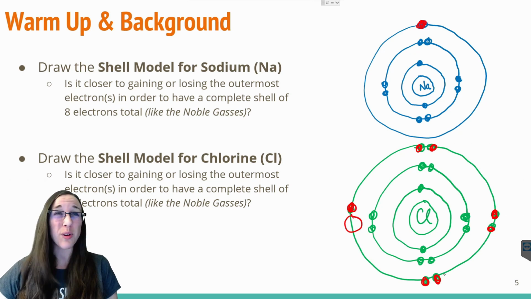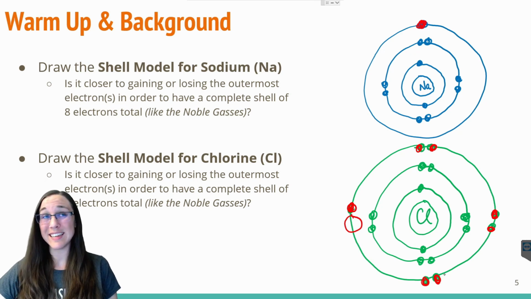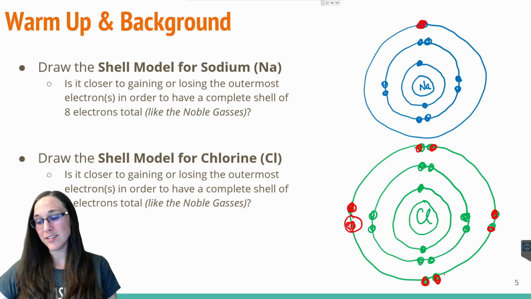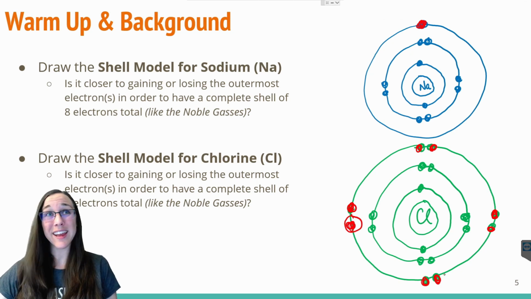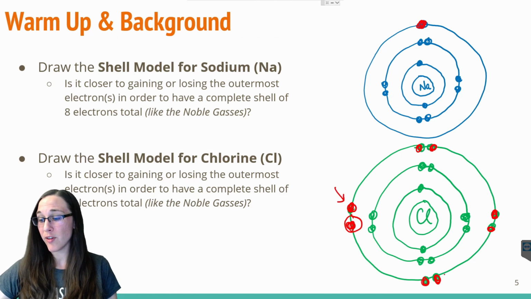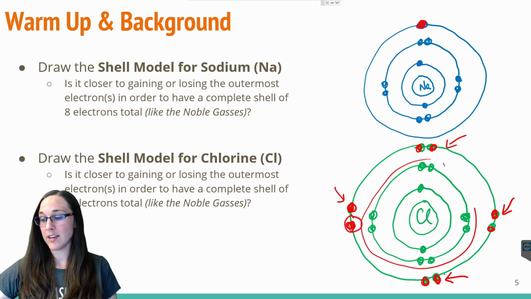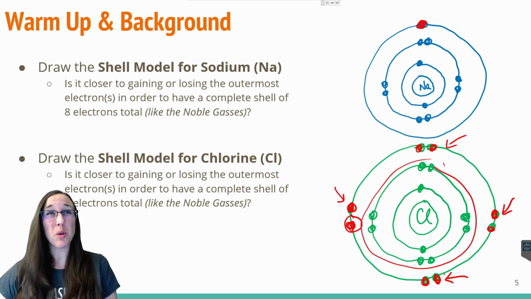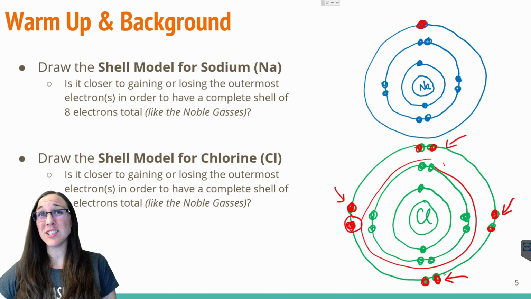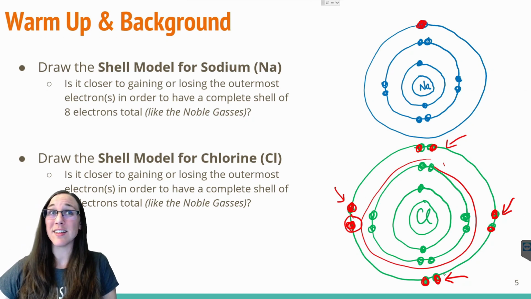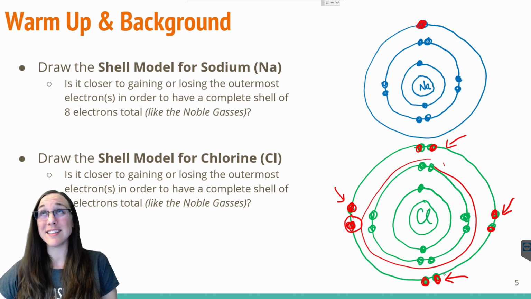So for chlorine, we're talking about either gaining 1 extra electron to be happy like the noble gases, or trying to find someone to pawn off all of these other electrons onto in order to have its full valence shell down below. So from chlorine's perspective, it's actually a lot easier to find 1 single electron and fulfill its noble